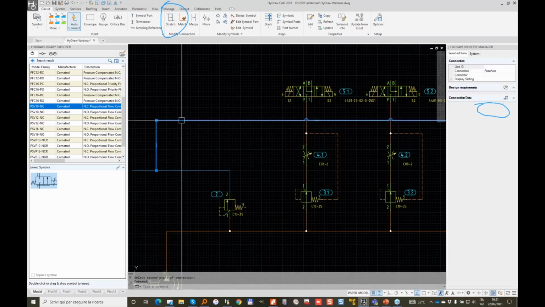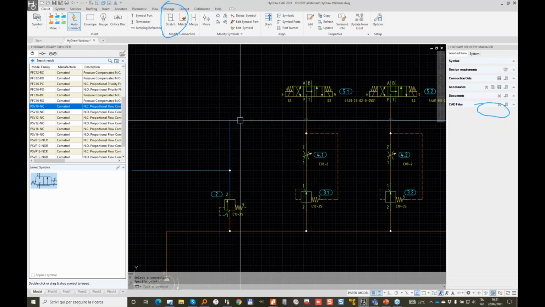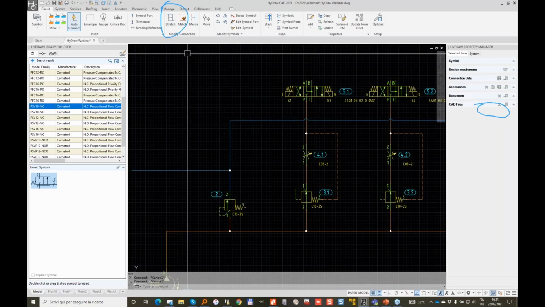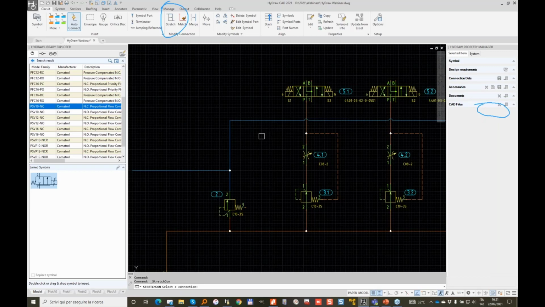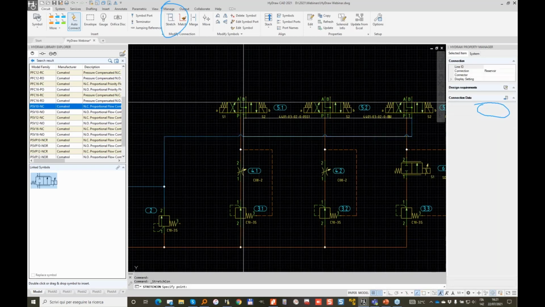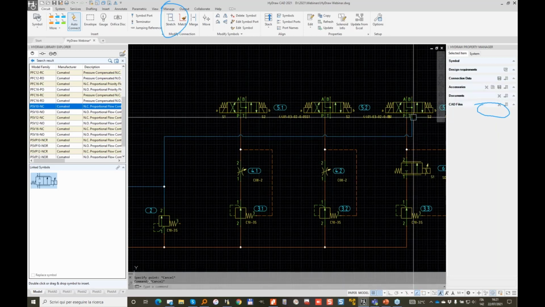The connection will automatically merge. Stretch, select. I recommend you don't select and run stretch. This is the only command that I really don't recommend you select and run. It's better always to run the command and select the segment that you want to stretch, because if it is already selected, it works, but it will never take the segment that you expect. It takes the first segment of the line, which is not what I want to do now. Tank line here,